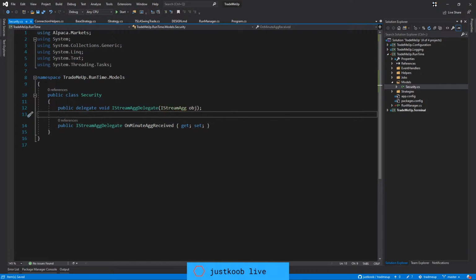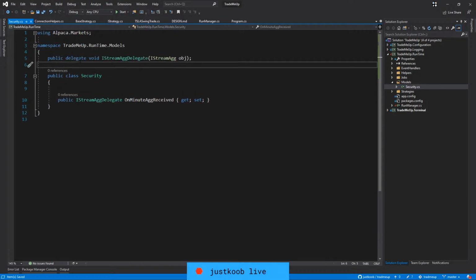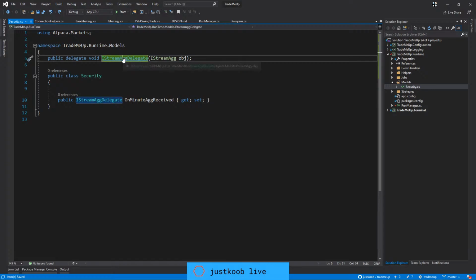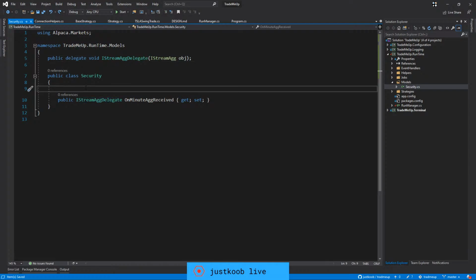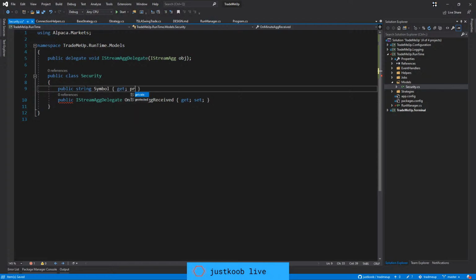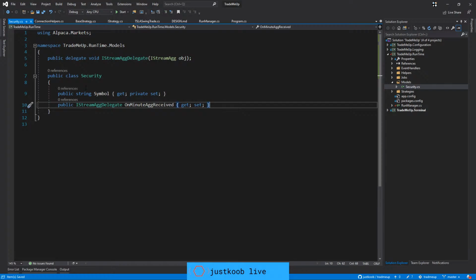Just using Alpaca Markets. Yep. And this can just go, I think, can that go in the namespace? This can just go. Doesn't matter. That's fine there for now. We can move it later. So it would also have to have, so it can only be set privately. Would have to have